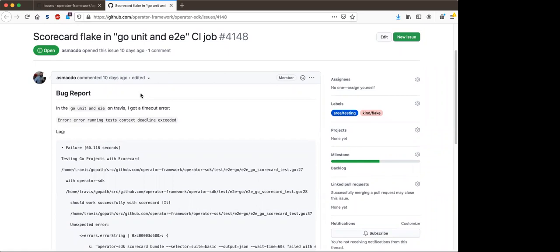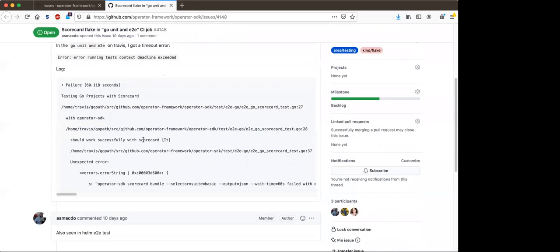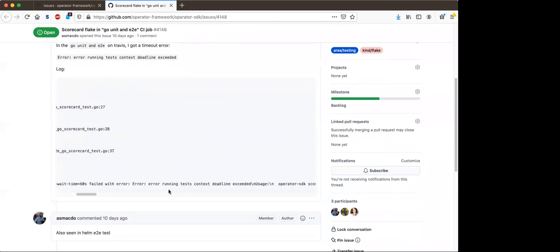It's probably worth looking into a little bit. My guess is we just need to increase the timeout. It seems like waiting to pull the scorecard images is probably what's going on here. So we might just need to change the wait time from 60 seconds to 120 seconds or something like that.